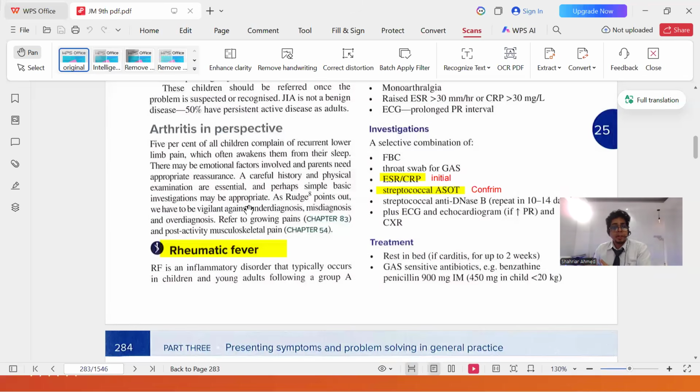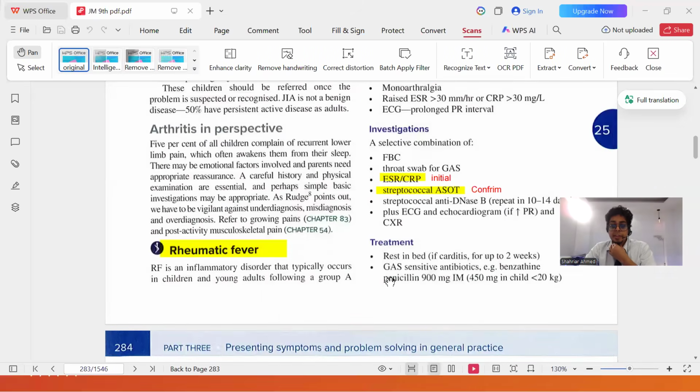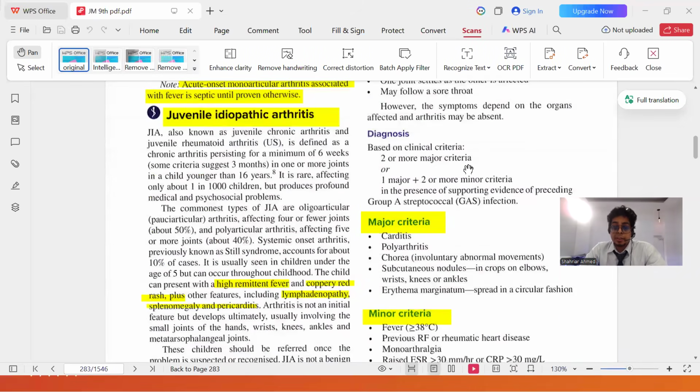Which brings us to another point about kids' cases. From early age, you have heard about Jones criteria, I'm sure. Often after a sore throat, a kid can develop rheumatic fever, where the main problem is not only the joints, it can also affect the heart. What is the condition in the heart? In rheumatic fever, say by streptococcus, there is a sore throat followed by heart involvement. There can be a murmur if the heart is affected, and that condition is called carditis.